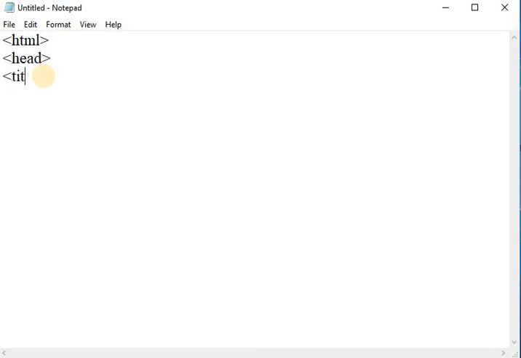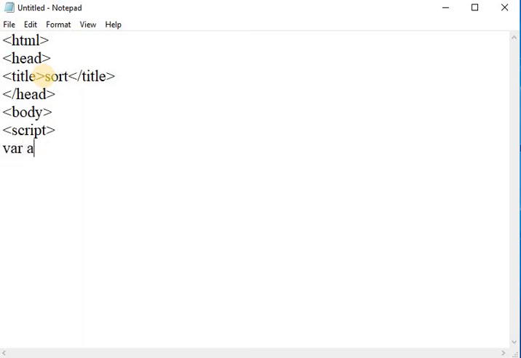After that I am taking a title tag, and here I am giving the title as sort. Close this title tag. After that, close the head tag. After that, here I am writing a body tag. Close this body tag and use a script in the body tag.